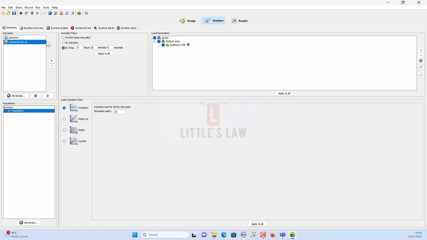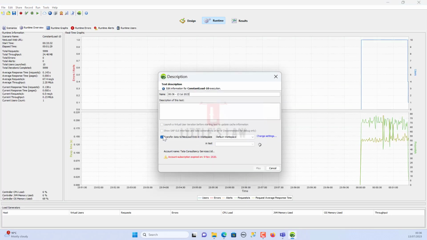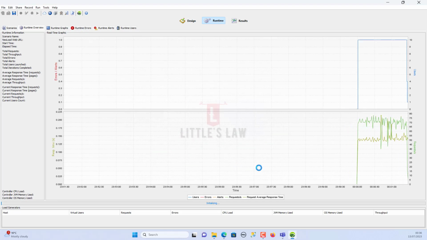For now, for example, I'm just going to start the test as a 5 minute test. The test load is again going to be 10, and here we do not have any iteration setup, so this is not by iteration. First we saw no limit, second the by iteration option, and the third one, which we are now testing, is 5 minutes. The test is going to run for just 5 minutes with a maximum of 10 users. Let me save this and start the test, and let me uncheck this button to avoid this running. If I click on play, automatically you can see here